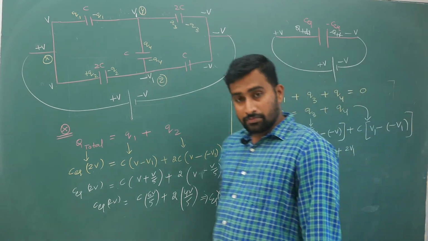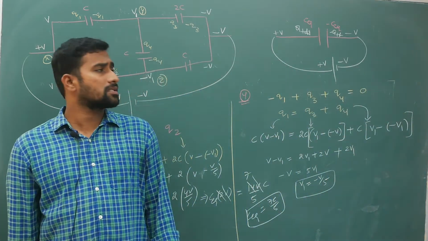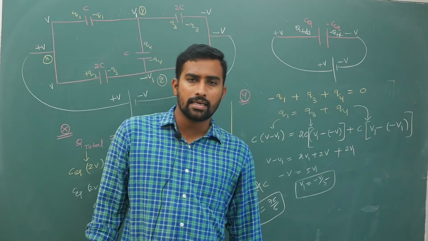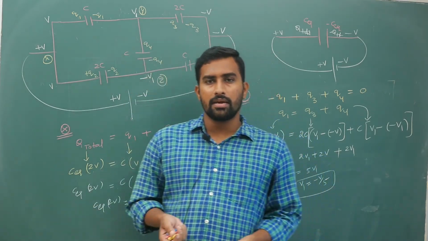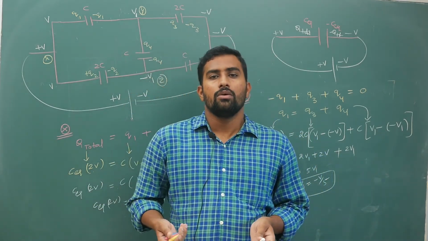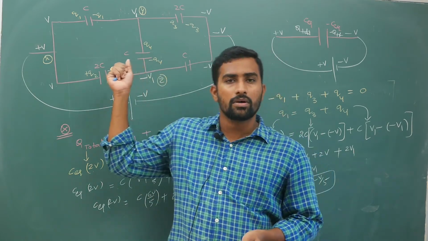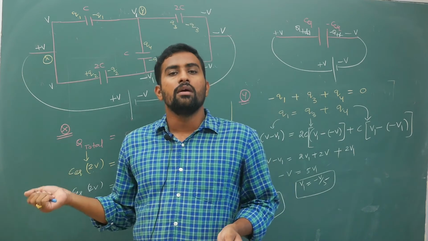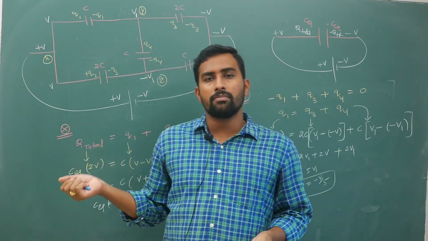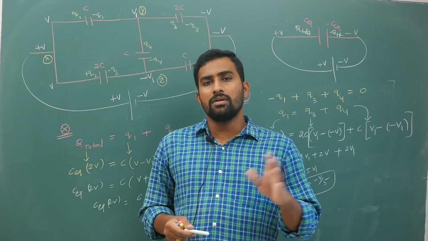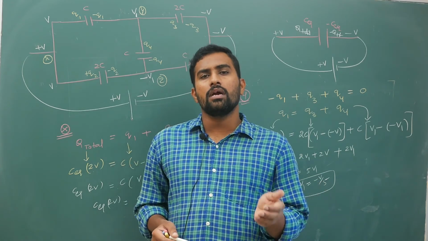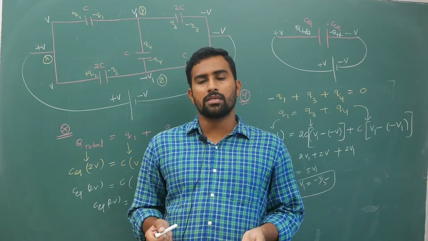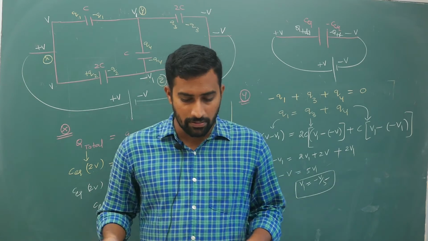From these two methods you must have understood very clearly that both are exactly the same, they are not different. The only thing is that in cases of symmetry you can exploit it. From the positive side, after one step if you are keeping plus V1, from the negative side after that you have to keep minus V1. For asymmetric circuits connect a V and 0 volt battery, for symmetric circuits you connect a plus V and minus V battery like that.